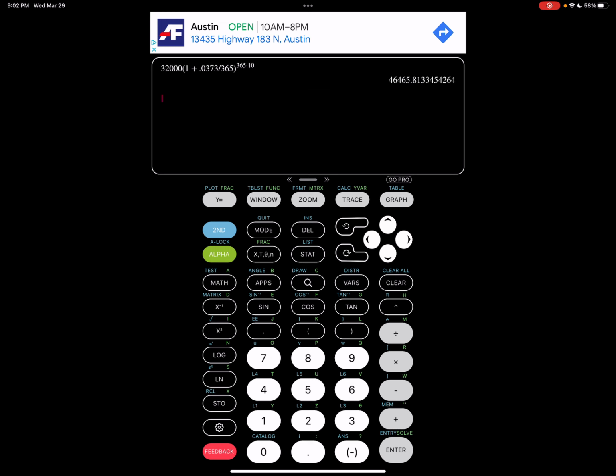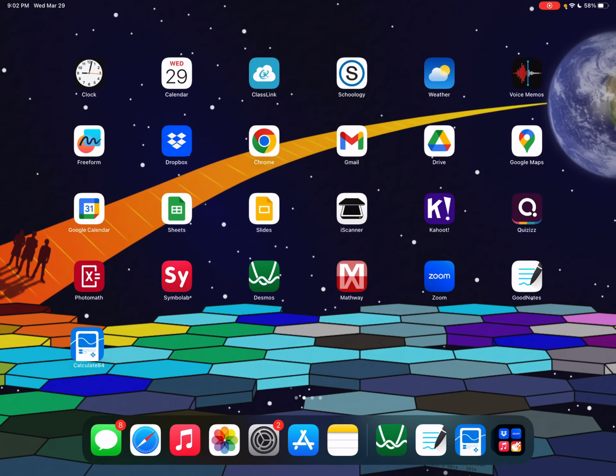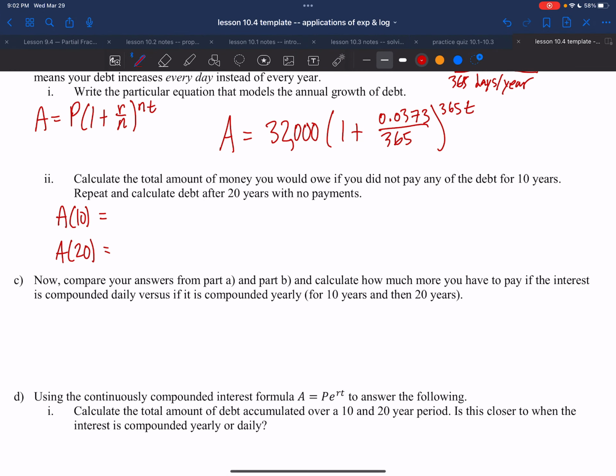Boom. 46,400. Good stuff. I'm going to just write down my answers here because I've already done these calculations and you don't need to see me type them both. So here's the first calculation, and then if you do it for 20 years, it's about